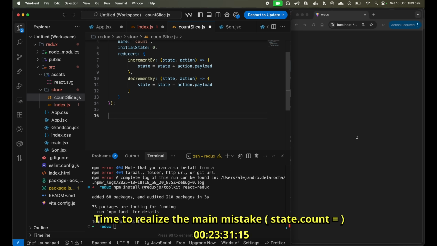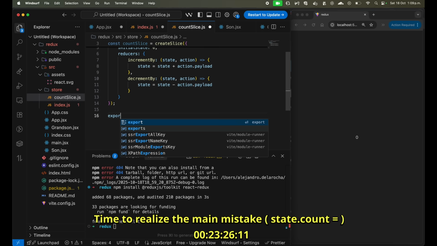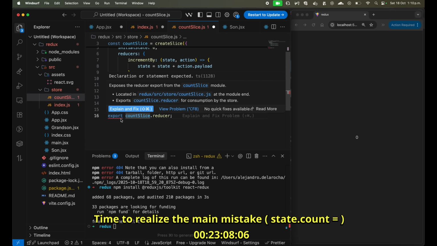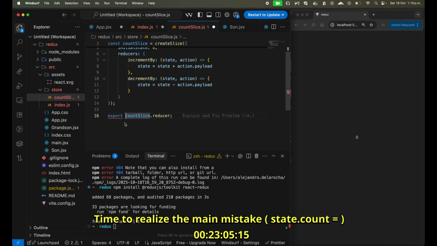So we need to export the countSlice.reducer. This is saying that const reducers. This is not showing an error, but